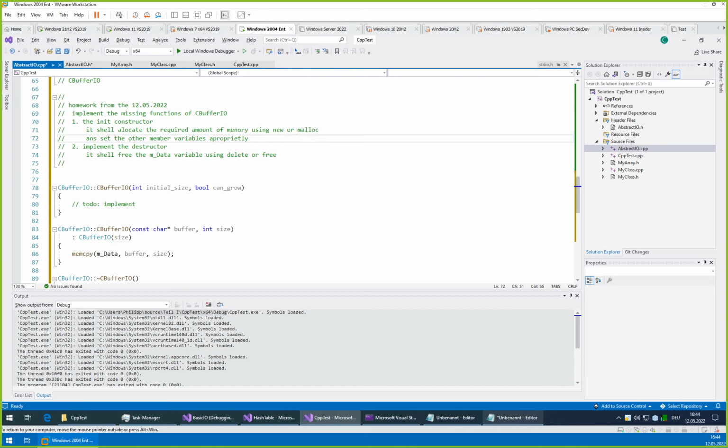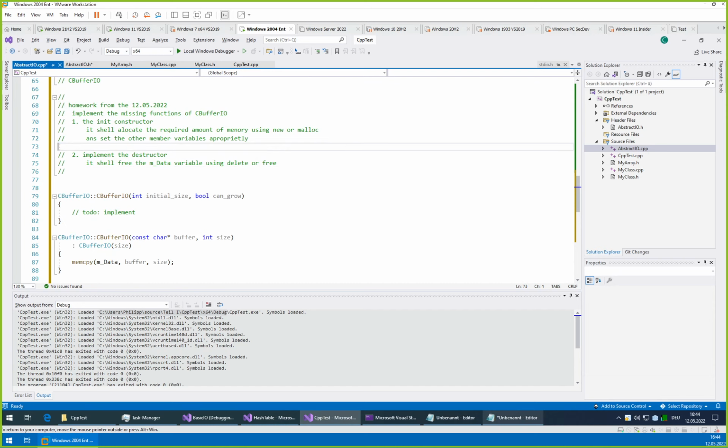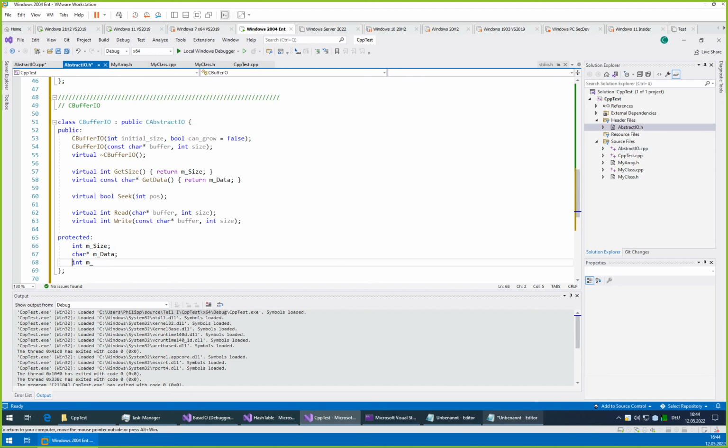Okay, and one thing here. 3. Let's be a bit more helpful. It's obvious that we will need at least a m position variable. Right. That will keep track of where we are with our read and write operations. So that is that.